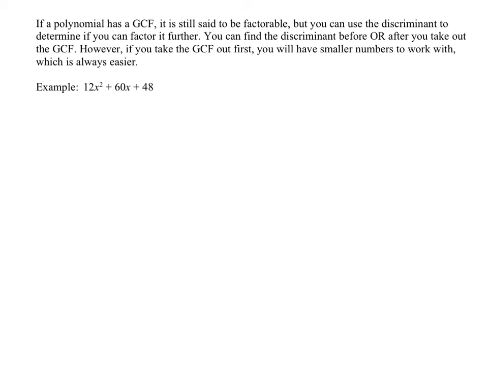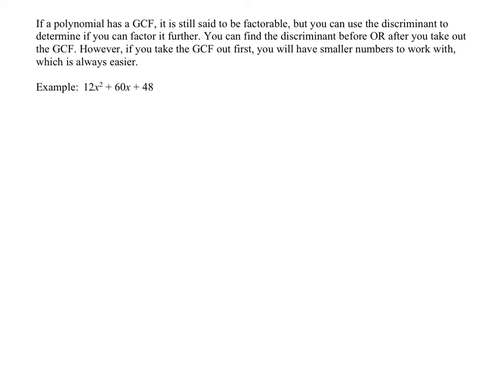All right, so we haven't talked yet about what happens when there's a GCF. A polynomial that has a GCF, and this is written right here, is said to be factorable, but you can use the discriminant to determine if you can factor it further. Meaning, if it's a trinomial or a binomial, can it be factored further? And the way to check that is to use our discriminant. Now, you can find the discriminant before or after you take out the GCF. However, if you take the GCF out first, you're going to have smaller numbers to work with, which is always easier. And so my recommendation is always pull out your GCF first,